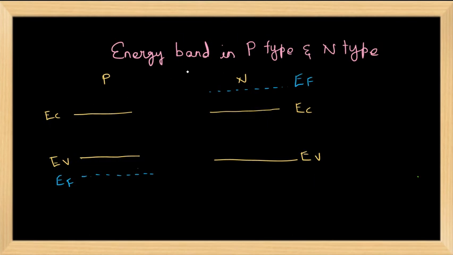This is the energy band in p-type and n-type material in the tunnel diode. The p-type semiconductor has Fermi level below the valence band and the n-type semiconductor has the Fermi level above the conduction band. When these two materials are joined, some of electrons move from n side to p side, and some holes move from p side to n side. So the net energy level will be 0. At equilibrium, the Fermi level will be constant throughout the diode. There won't be any current in the diode.